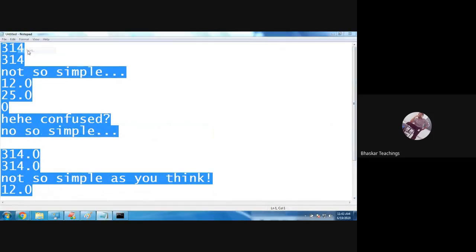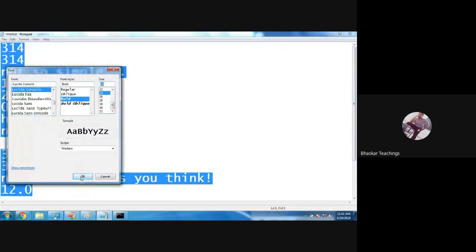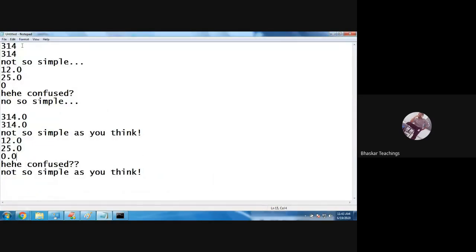Let me check, zoom out. Okay, so compare 314 314 314 314. Not so simple, not so simple. 12.0 12.0, 25.0 25.0, 0.0 0.0. It's a double value, right? Confused, confused. Not so simple, not so simple. That's it.